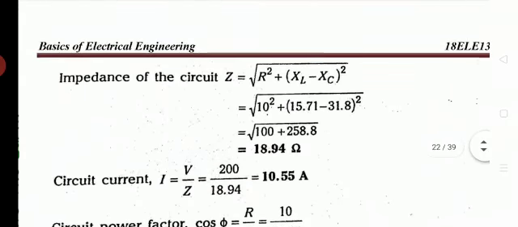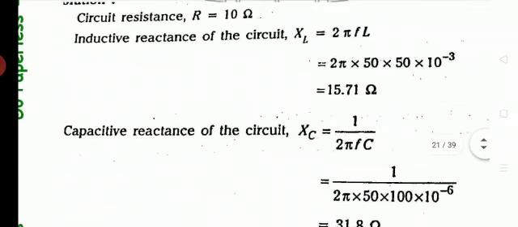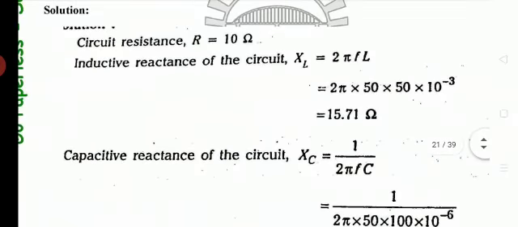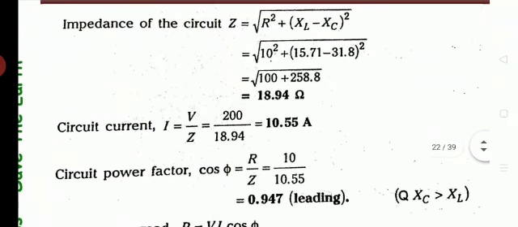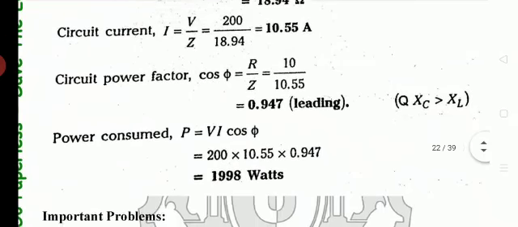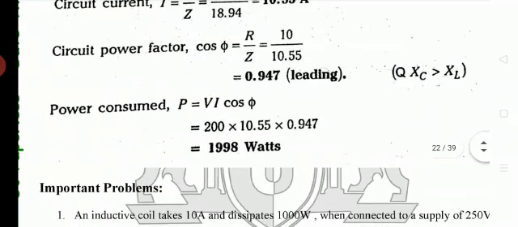Because if you may see the value there, see XC and XL we have calculated. I'll show you. See, XC is 31.8, then see XL is 15.71. So XC is greater than XL, correct? Hence the power factor is leading, because the circuit almost behaves as RC circuit, wherein the power factor is always leading. So within the bracket for the power factor you have to write whether it is leading or lagging depending on the reactance value.